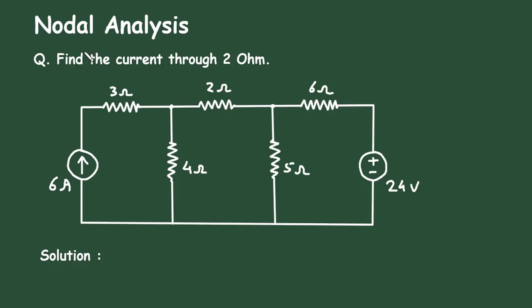Nodal analysis. Question: find the current through 2 ohm resistance. Here in this circuit, we have to find the current through this 2 ohm resistance by using nodal analysis. Solution: